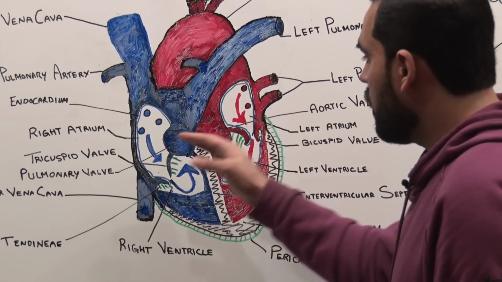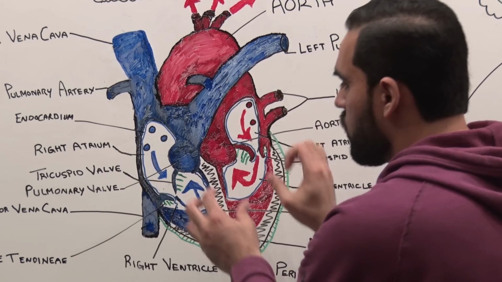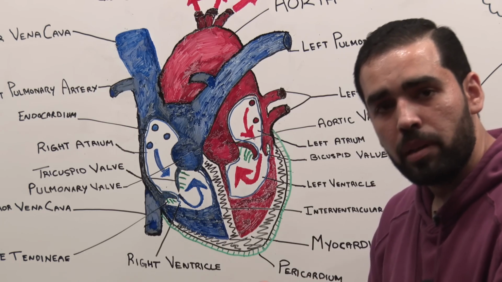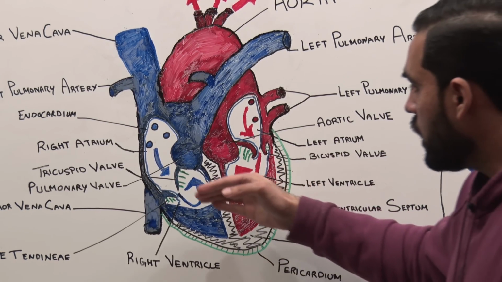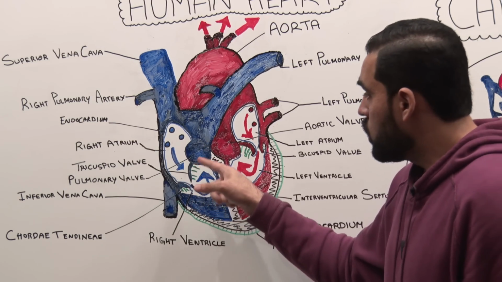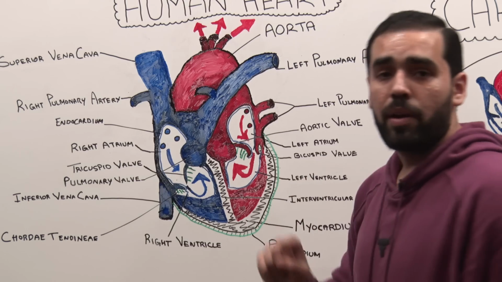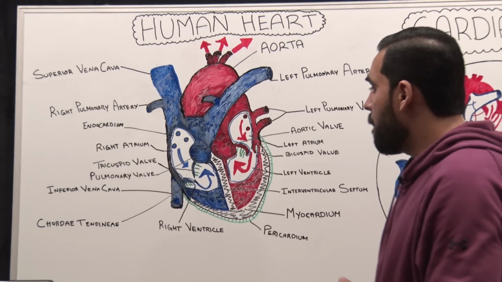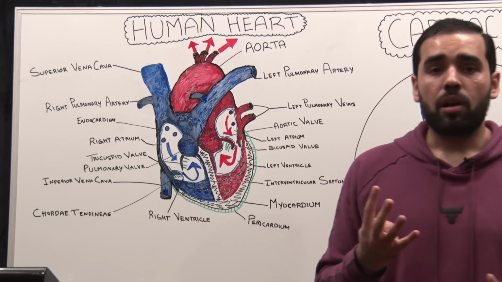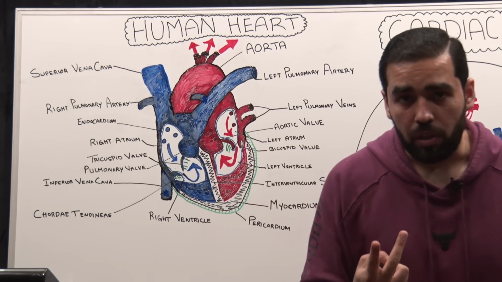Now, with that being said, once the blood from the atriums is in the ventricles and the ventricles pump the blood into the arteries, the right side of the heart is going to pump the blood, well, we'll talk about that valve, into the pulmonary artery, but there is a valve present over there also. Because remember, there are four chambers of the heart and there are four valves of the heart. So there is one valve for each chamber of the heart.